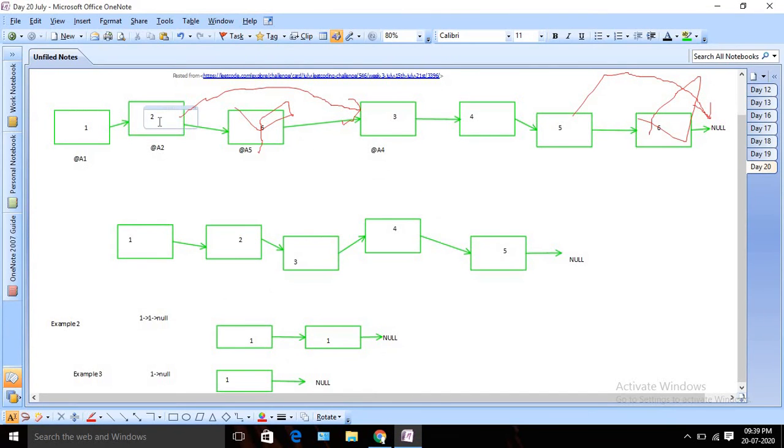So suppose I am here, I will check whether my next value is matching or not. If it is matching, then I will directly point the next to the 3, right? So I am doing next dot next. And suppose you are at 3 and the 4 is not matching, we should not delete 4, right? So in this case we are just iterating by only one, head equals head dot next. So my pointer will come here, okay?